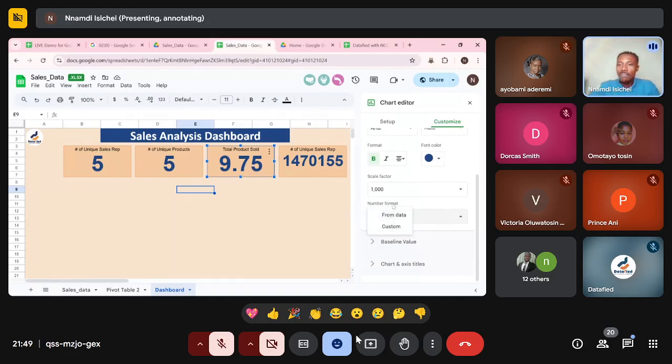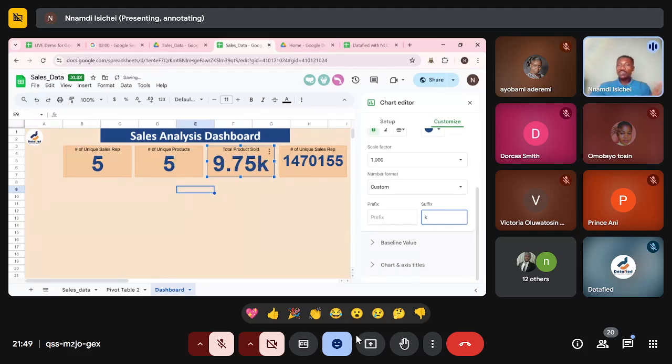So under number format, I'll choose custom. Then for suffix, I'll put K. Okay, now this is looking beautiful. What do you think, guys? When somebody sees 9.75K, they know that this is 9.75 thousand, right? So we've sold 9,075